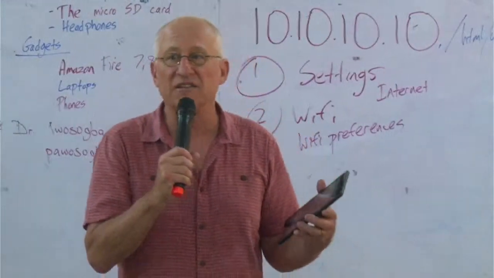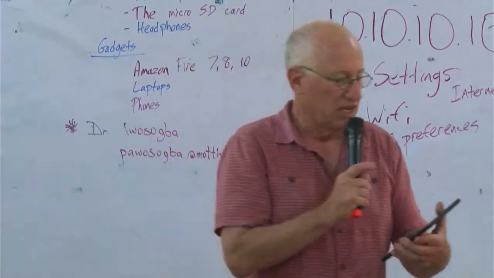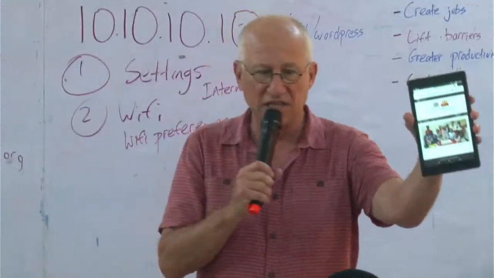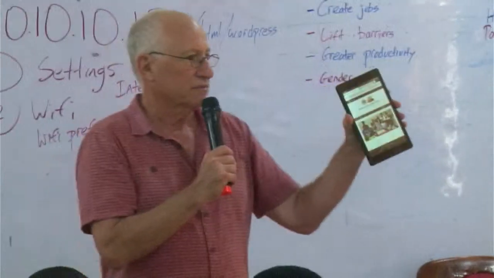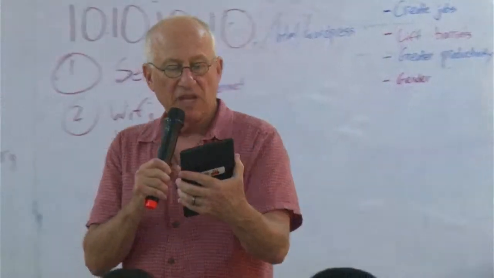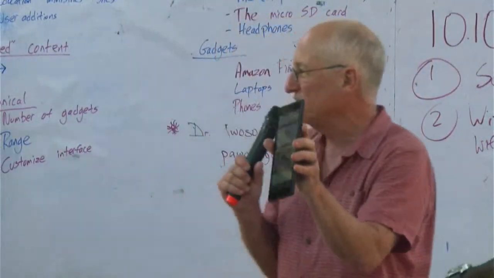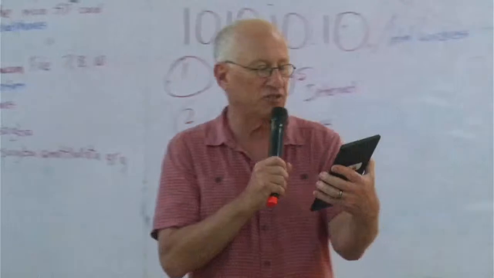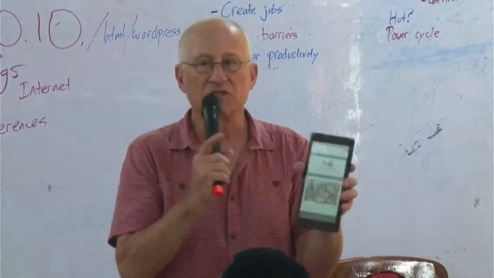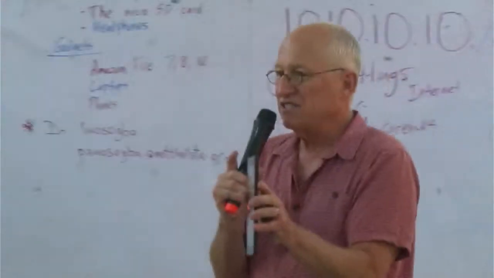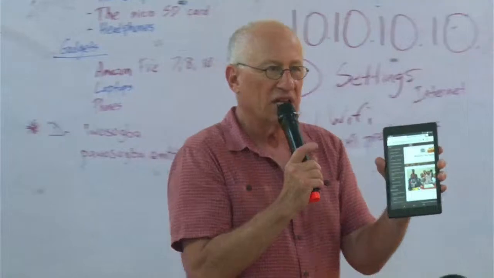But together now, let's go to the Bible. How wrong can that be? Okay, so I'm on the HTML WordPress homepage. And by the way, that picture at the bottom is from the church in Brooklyn, from the health ministry, those wonderful kids. So what we'll do is go to the menu by touching the hamburger on the upper left where it says main menu.